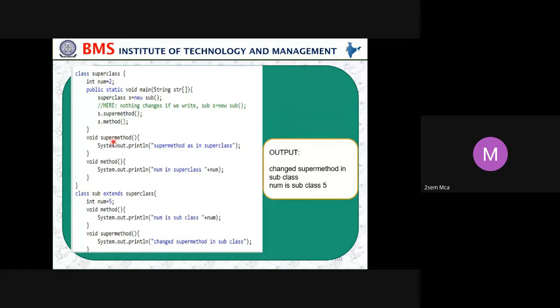So here super method is in a super class. Then num is in a super class that we are just printing. That is super method and a method. And the subclass,